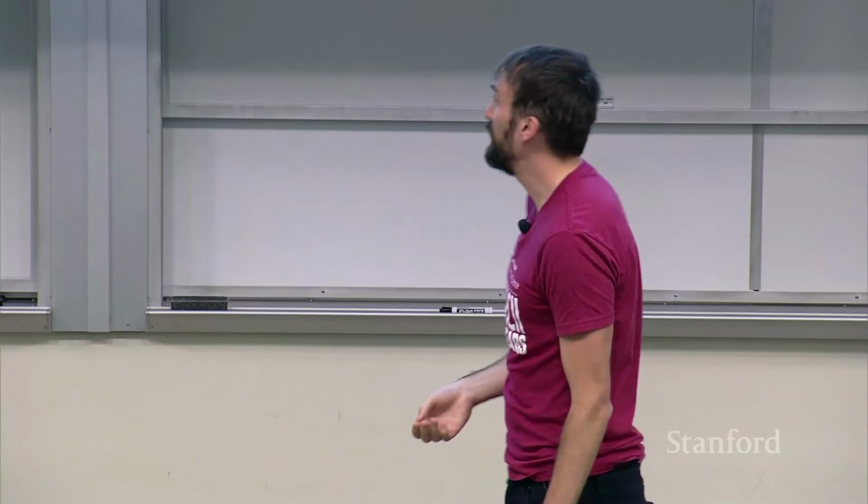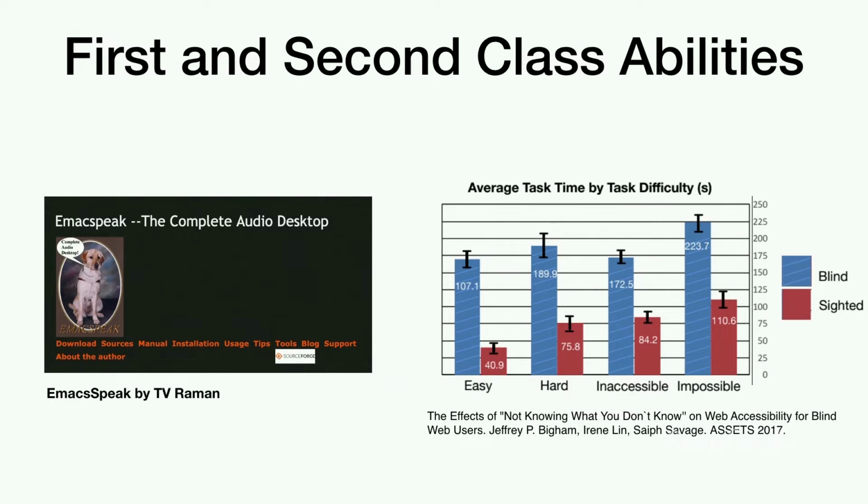So to Michael's question, right, has someone studied? So we did a study. I won't get into all the details, but across different tasks on the web where we controlled whether it was designed to be an easy task, a hard task, an inaccessible task, or an impossible task, which I'll explain. Basically, the blind users took between 2 and 3, 4 times as long to complete the task. And one outcome of the task was deciding that it was impossible, right?